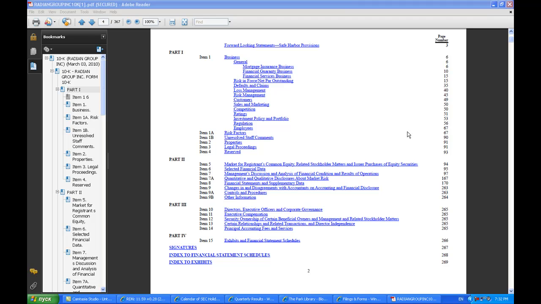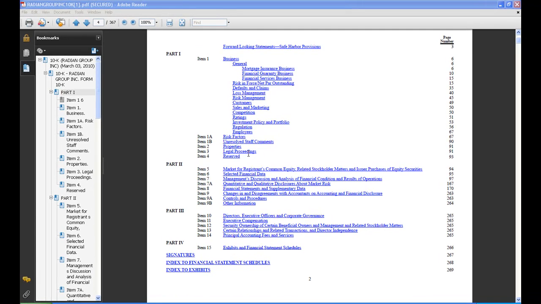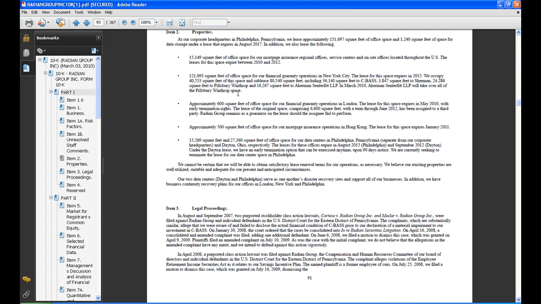Next few items are pretty self-explanatory. Unresolved staff comments, properties, legal proceedings, and basically other. Here, sometimes you might need to figure out their properties and how much land they have. If you look here, for example, they have 151 square feet of office space, 1,200 feet of space